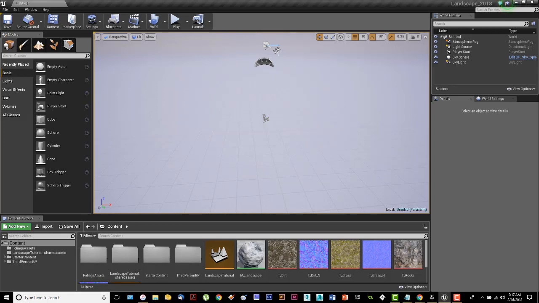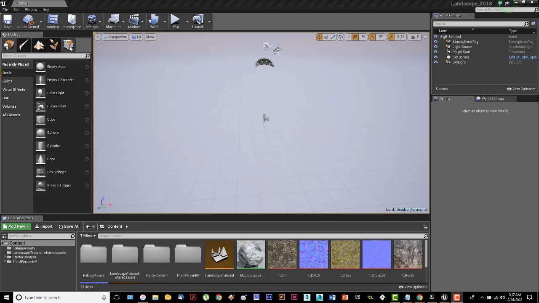And a couple of square miles would take up a lot of memory, and the textures get out of hand in a hurry. So I'm going to keep this fairly small, but I'm going to explain to you how these things work, because they are a little tricky in and of themselves. So what we do when we need to create our landscape, we're going to go up to our Modes tab,